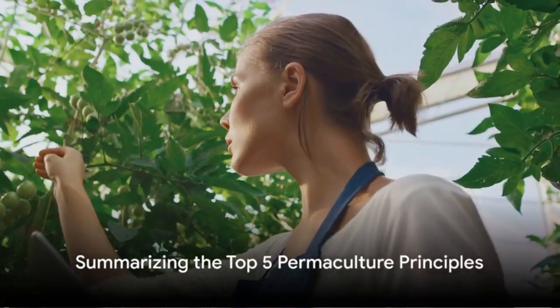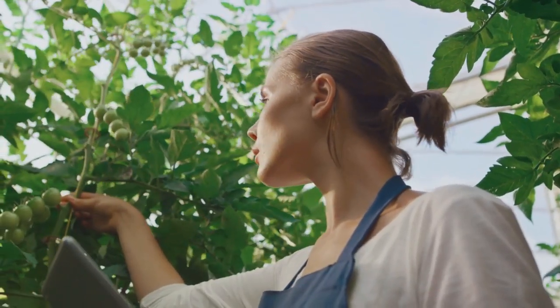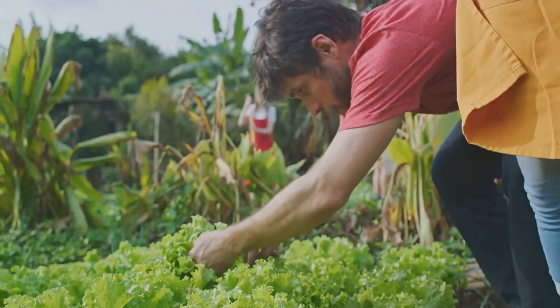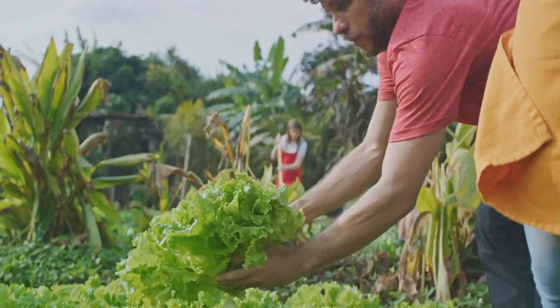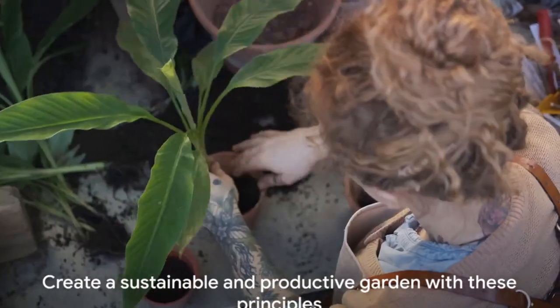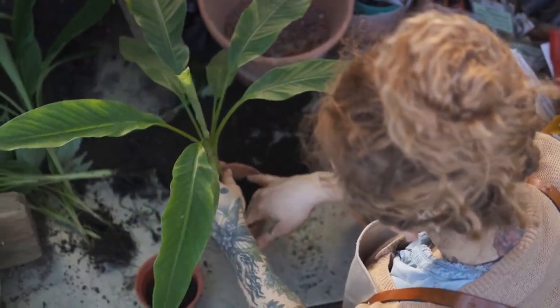To recap, the top 5 principles of permaculture we've discussed today are observe and interact, catch and store energy, obtain a yield, apply self-regulation and accept feedback, and use and value renewable resources. By applying these principles, you can create a garden that is not only beautiful, but also